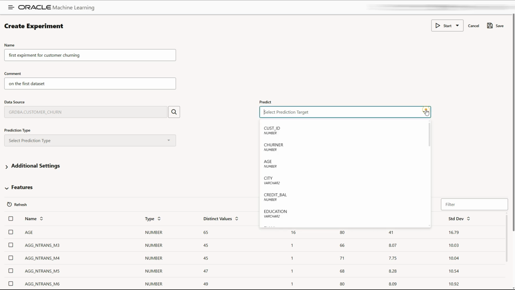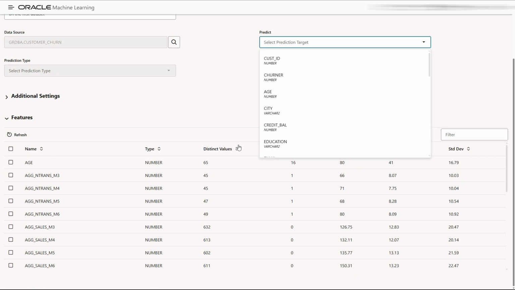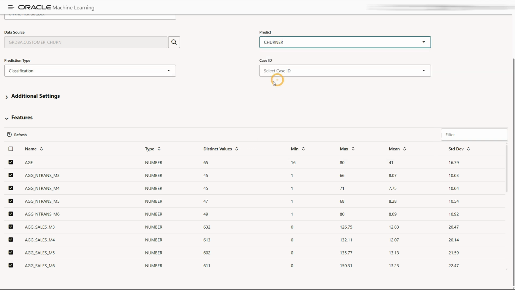Predict. We need to see what column we need to predict. It is whether the customer has a possibility to leave the company or not.